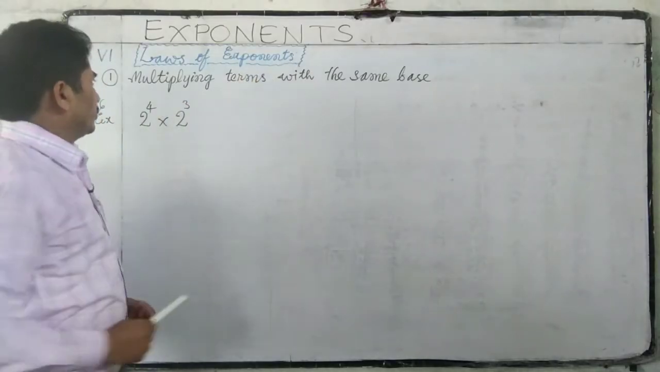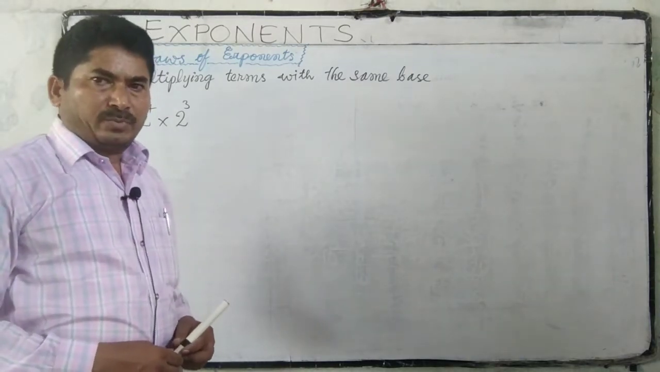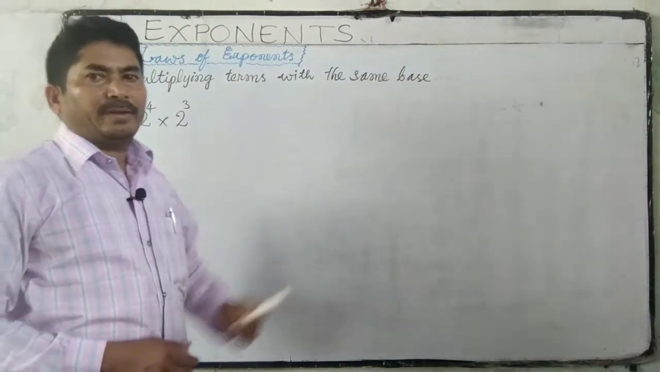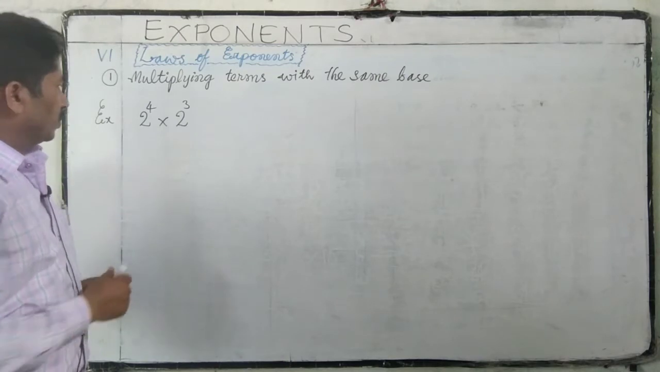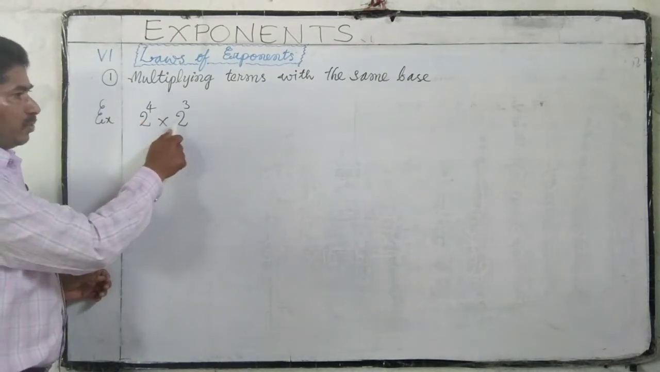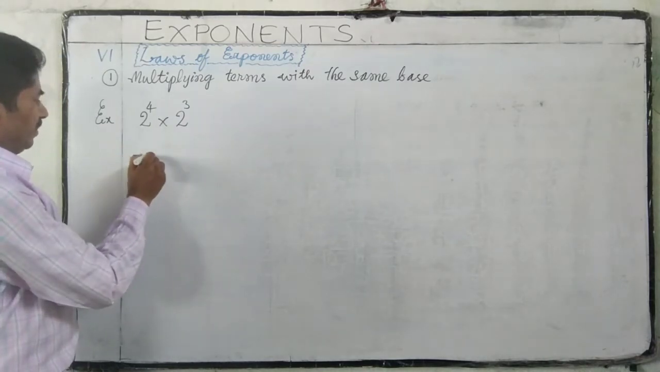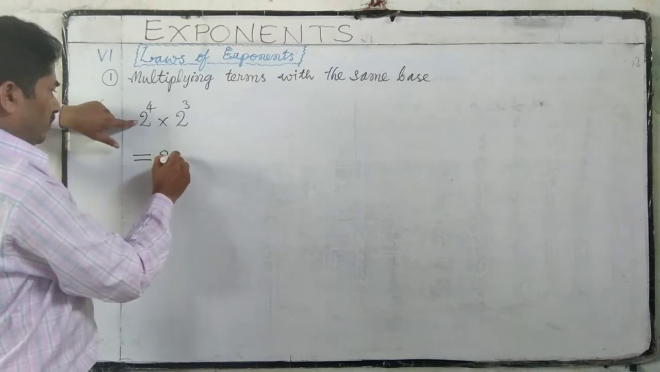Laws of exponents. In the laws of exponents, the first one is multiplying terms with the same base. To understand this, here we have one example. 2 to the power of 4 into 2 to the power of 3 is equal to 2 to the power of 4, so here we have to write 2 four times,